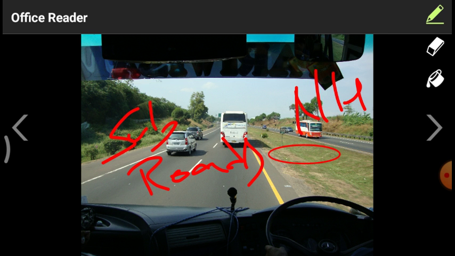And sometimes we have to observe the pavement also. What is the smoothness of the pavement? Is it a rough structure or a smooth structure? If it is rough, that area will automatically have a huge number of accidents. A smooth structure means fewer accidents, and the road is designed for high speeds, more than 100 kilometers. If the friction factor is high, the vehicle will automatically not move more than 60 to 80. Why? Because the tire has so much contact area with the road surface that the vehicle will not reach too much speed. If the road surface is very smooth, the vehicle will flow very easily and fast.